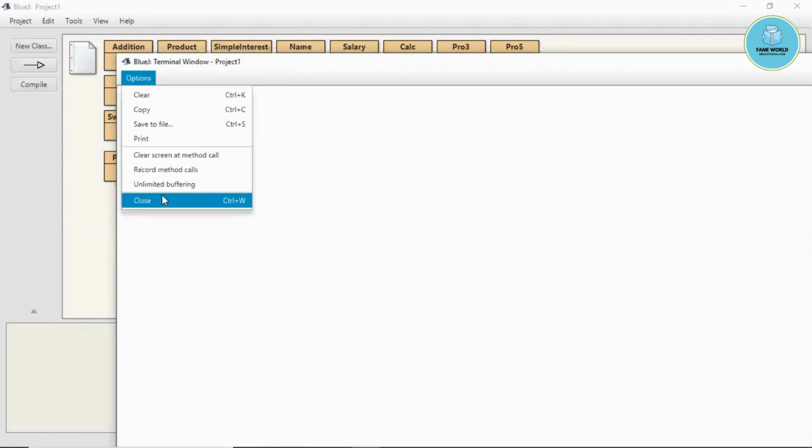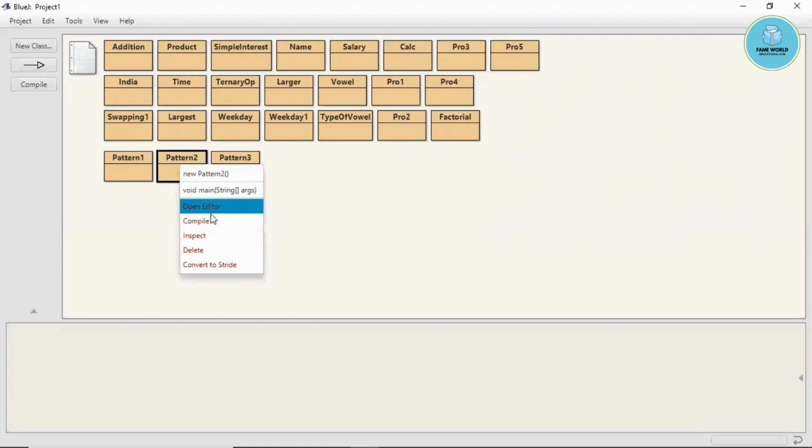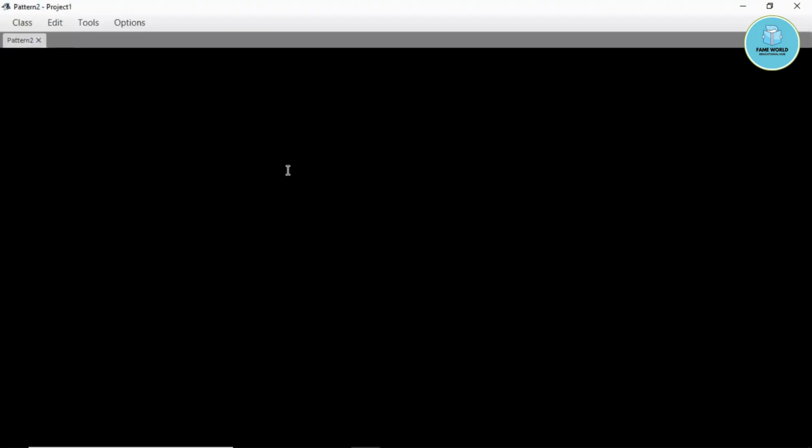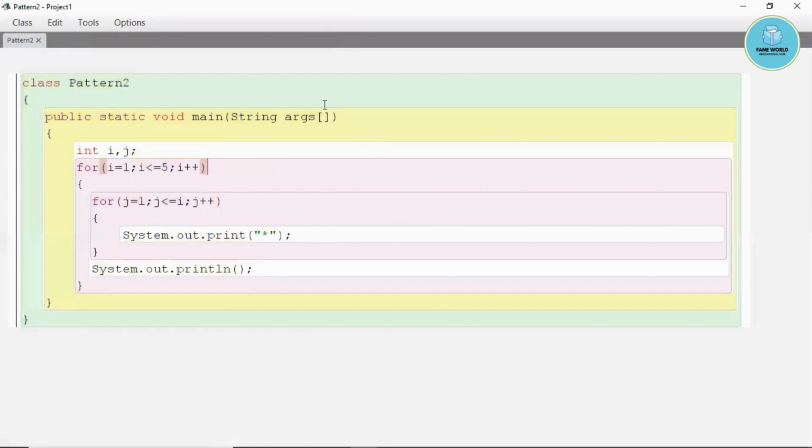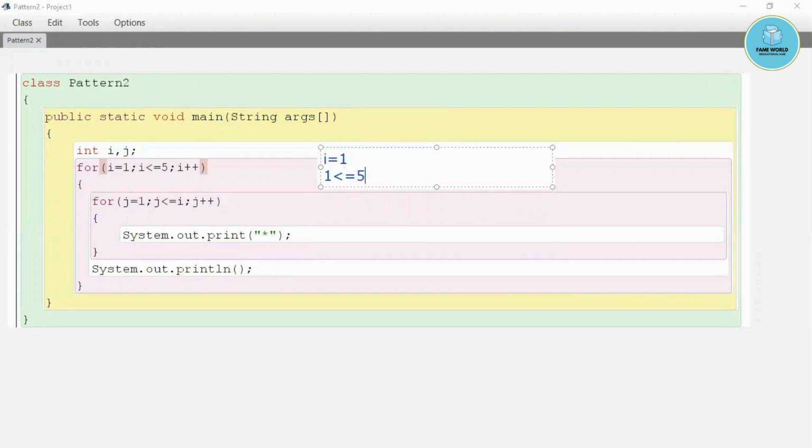What should we do if we want to understand this particular pattern? Let me come here again in the editor, and I am going to give you a simple dry run. We are having I equals to 1. After that, 1 less than equals to 5. So basically we are checking if the value of I is less than equals to 5 or not. If this condition is true, then we will come inside, and inside we are having the j loop. So j equals to 1. Then we will check j less than equals to I. That is 1 less than equals to 1, so this condition is true.